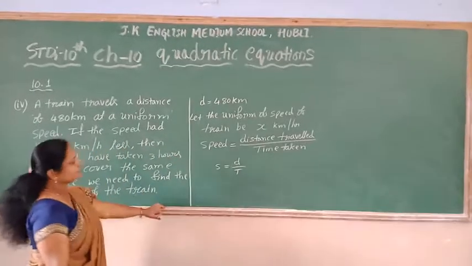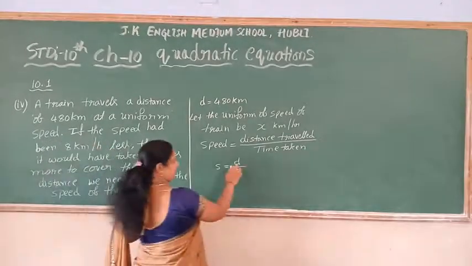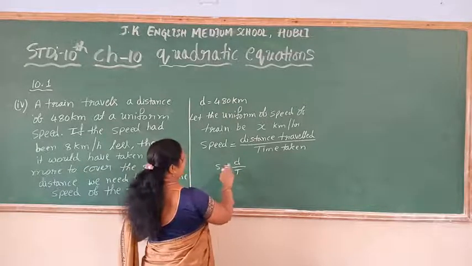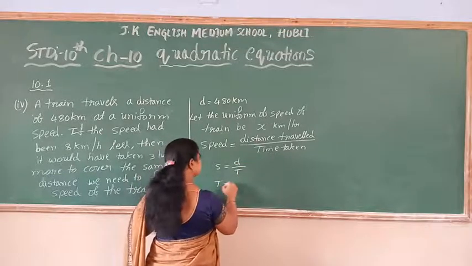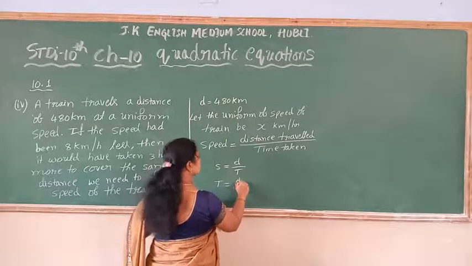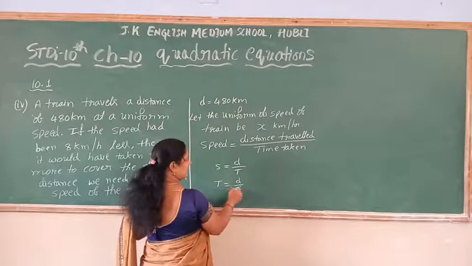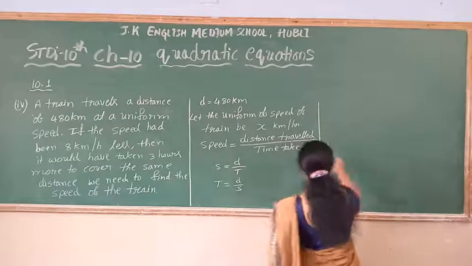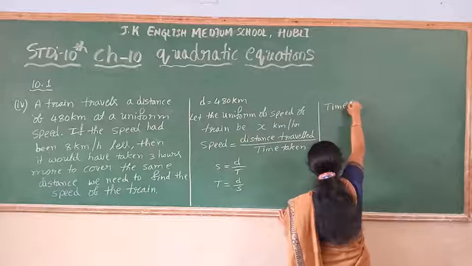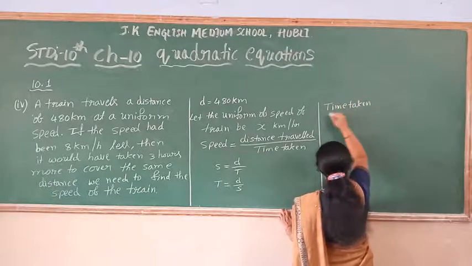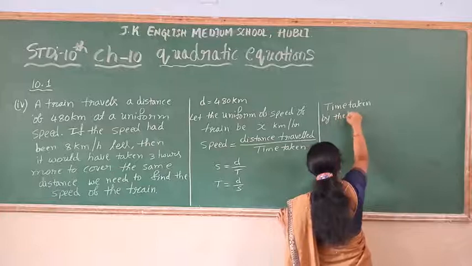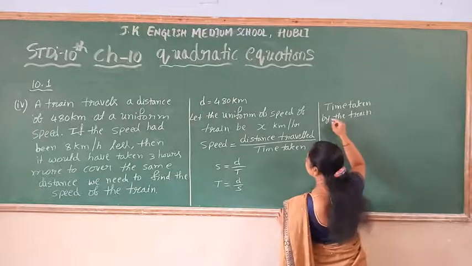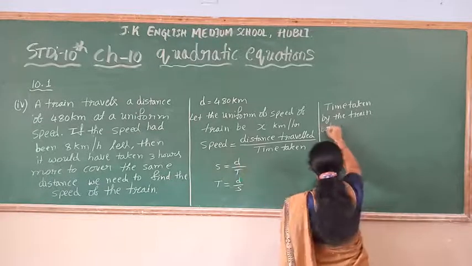I can write it. When the distance traveled is the same, the time taken by the train to cover the distance goes here and the speed comes here. I am interchanging now. Time taken by the train when the speed is